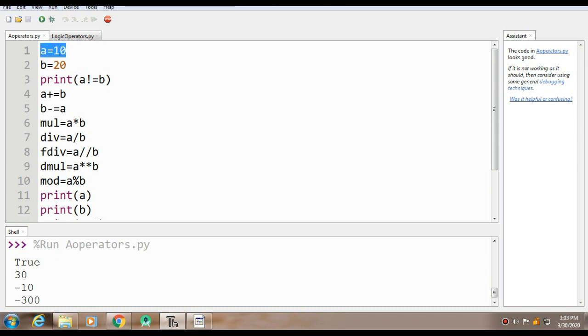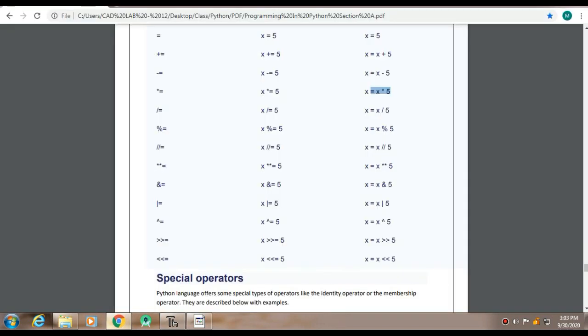So if I'm talking about this simple equals to, what it is doing is assigning the value 10 to the variable a. But there are two types of operators now. One is your single equals to, another one is your double equals to. Your double equals to will only return either True or False. Suppose we have a equals to 10 and b equals to 10. This will assign the values to a and b, but if we write a double equals b, this will check whether a is equal to b or not. So this is the major difference between both of these operators.